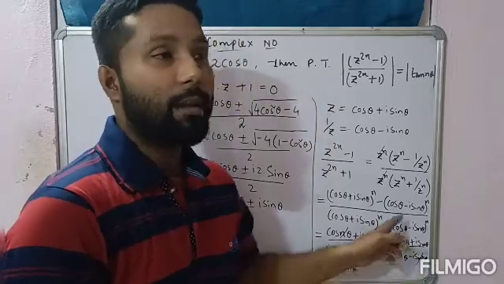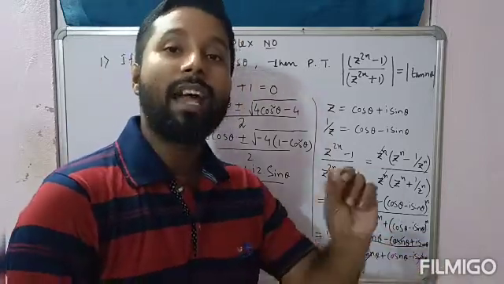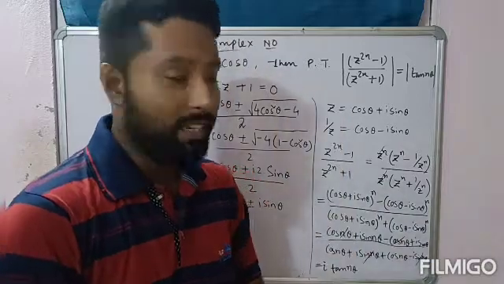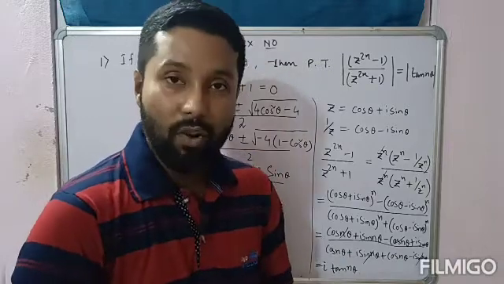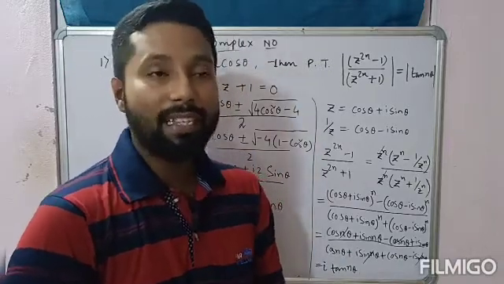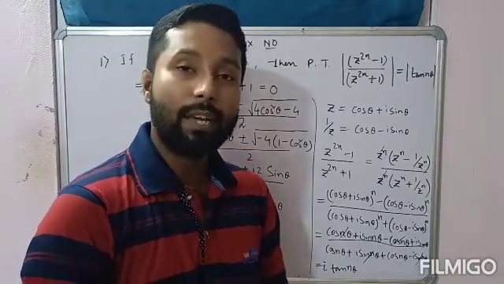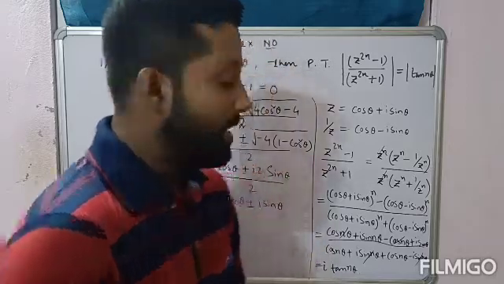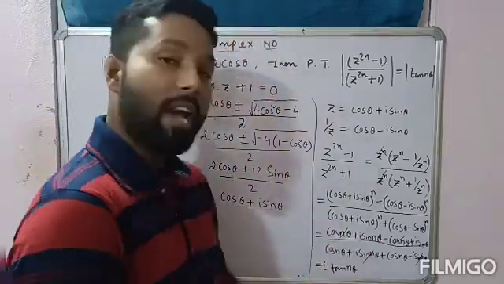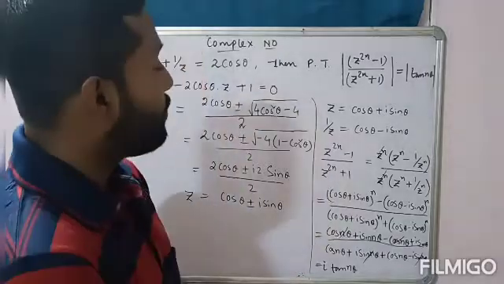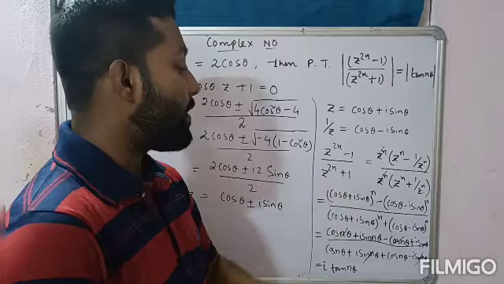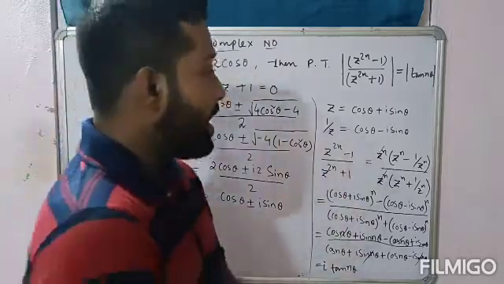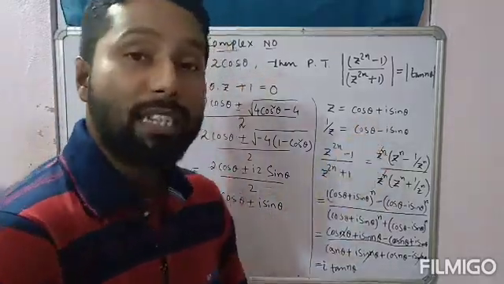So I sin n theta plus I sin n theta is twice I sin n theta. Cos n theta plus cos n theta is twice cos n theta. So 2 will be cancelled. Cos n theta, sin n theta by cos n theta is tan n theta. So since one I is there, you have to write I also. So this is the value of (z to the power twice n minus 1) by (z to the power twice n plus 1) when we take the positive side.